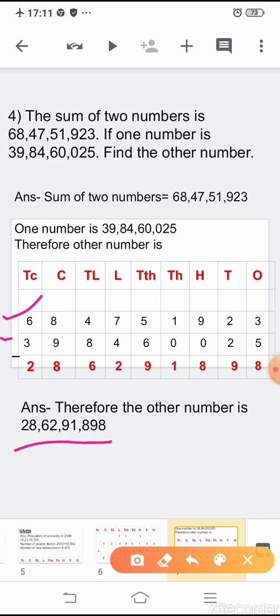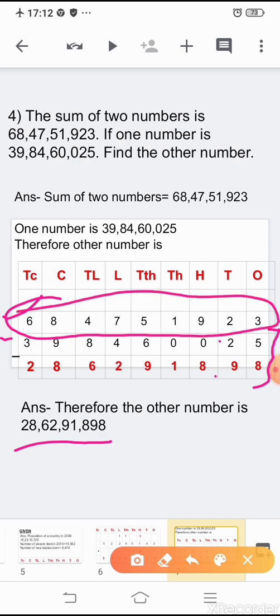While doing subtraction we have learned that when you add the difference and the second number, you will get the first number. So to confirm whether your answer is correct, you will add these two numbers. When you add them, you should get the first number. If you are getting the first number, that means whatever sum you have done is correct. Okay. Yes, now coming to the next sum.